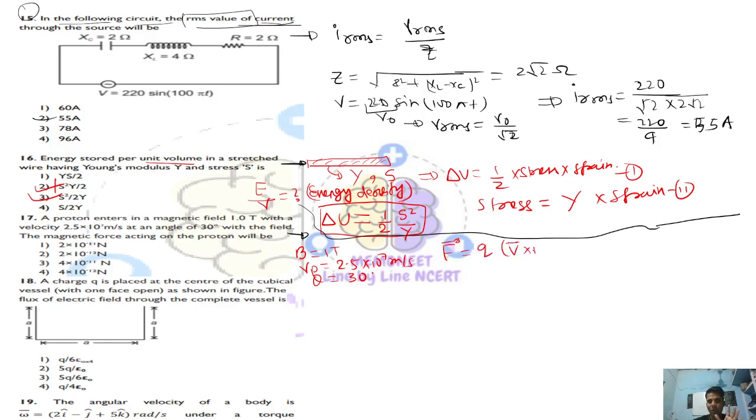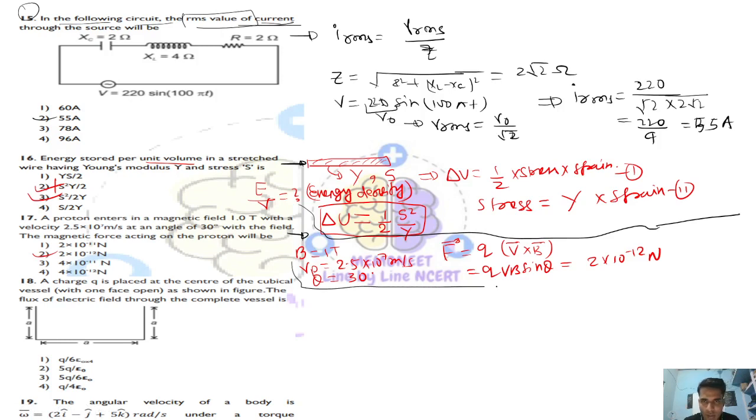Q into V cross B. You need to use the formula. It's simply QV sine theta. You know the charge on the proton, you know the velocity of the proton, you know the magnetic field, you know the theta. If you calculate it out, it simply comes out to be 2 into 10 to the power minus 12 Newton. This is basically option number second. I have already calculated it out. You need to understand the concept or basic reasoning that is required to solve such questions. Okay, now separating it out again